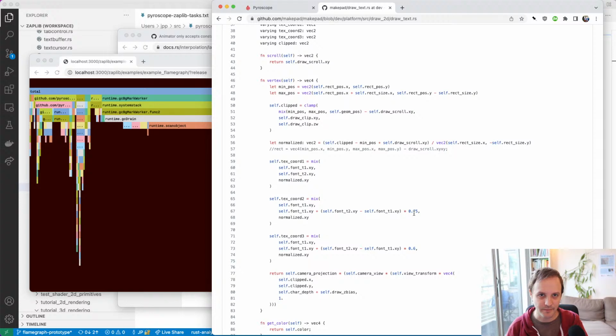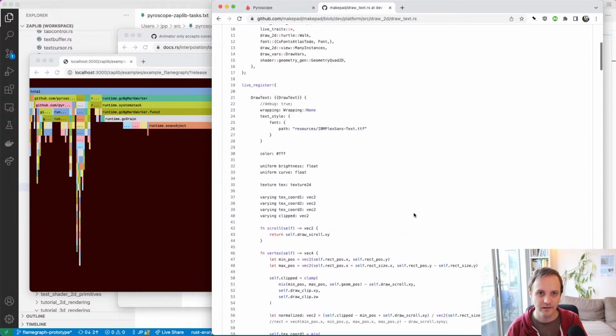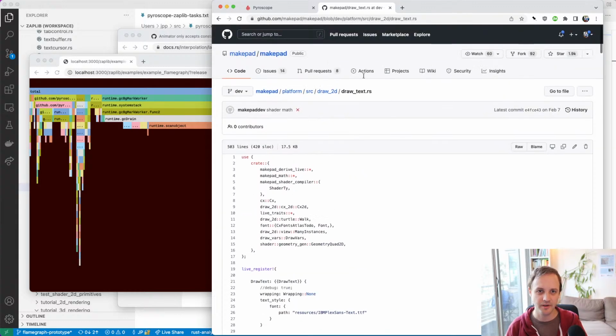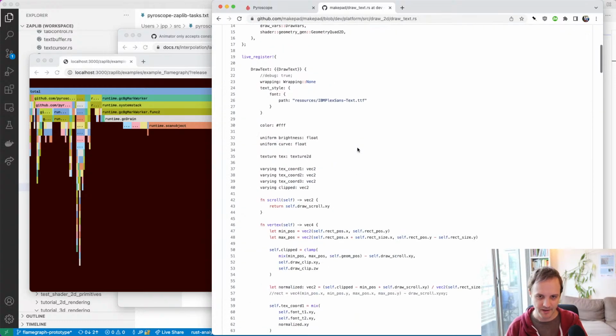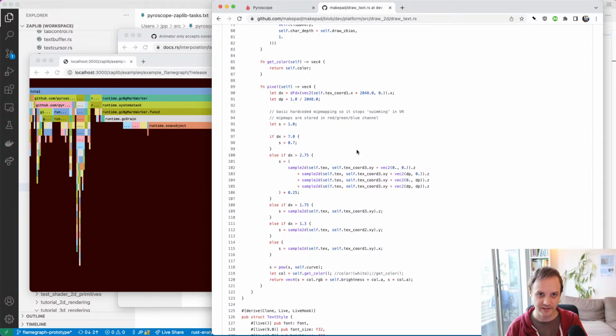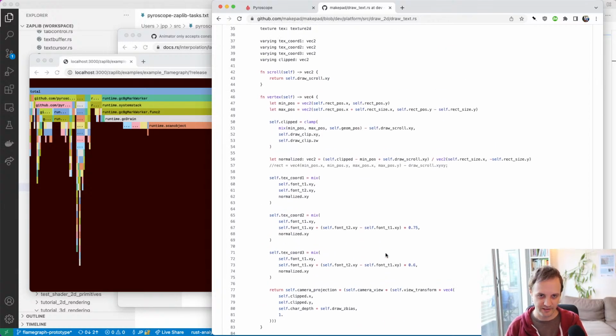This looks very similar. I think it's a little bit different, actually. Maybe it might be a little bit different. Okay, so there's two parts to it. There's the draw text, and then there's the texture. Oh no, I think this is very similar still. Okay. Yeah, then there's also the texture itself,